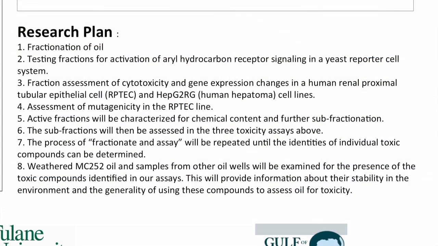So we're using a cell-based system, mammalian cell, human cell line, that actually Dr. Miller's data from his receptor information will feed into our system, so we prioritize which of these alkylated, unique, petrogenic, oil-based PAHs need to be fed into our system, and do they upregulate these metabolic processes in genes. And then we have a mutation assay in the same cell line, so we can actually look downstream to see if any of these alkylated PAHs actually form mutations in DNA. So we can start to fill that gap from exposure to carcinogenicity. We're a little upstream of that, but that's what we hope to do with this assay, is prioritize